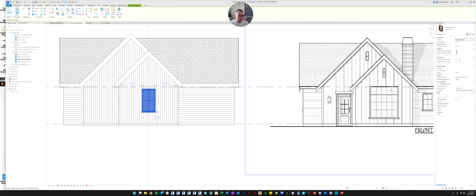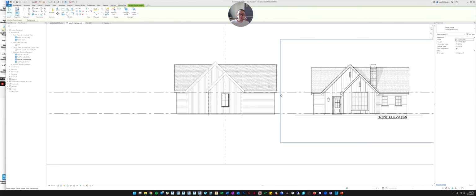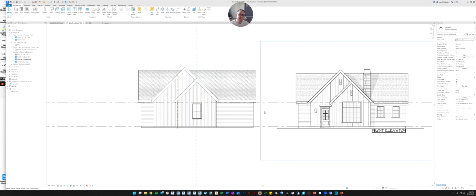But when we make the window that big, we're still not able to control the grid pattern. So if we're trying to get a specific grid, this family isn't going to be good enough. There's not enough settings for us. We can get it the right size, but we're not going to get it to look right. And that's why you typically eventually want to learn to build your own families, because you're going to want your house or your interiors to have things that look a certain way. And unless you find someone who can build you really good families, or you can build them yourself, it's going to be difficult to get what you want.